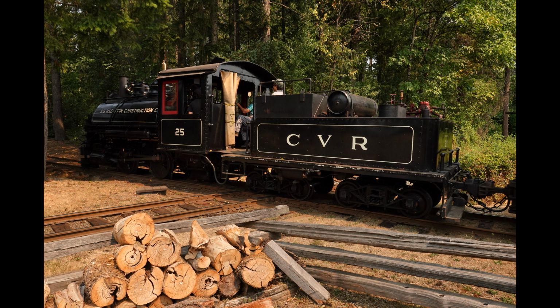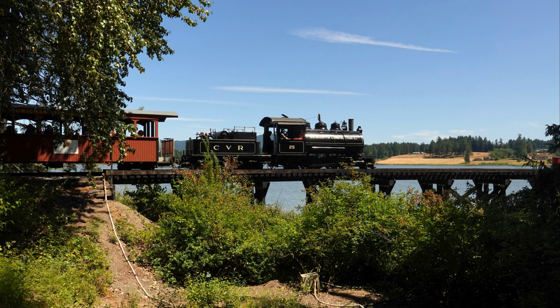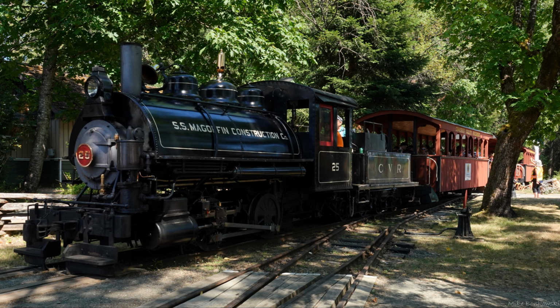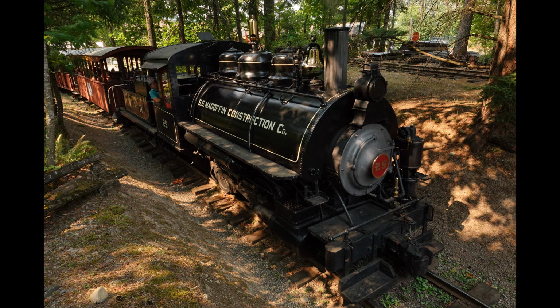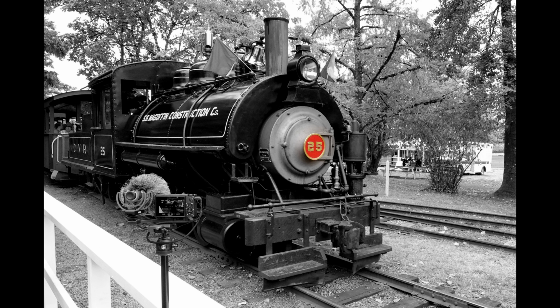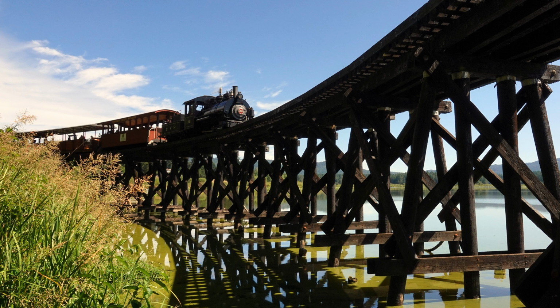The number 25 is a 0-4-0 18-ton locomotive built in 1910 by Vulcan Iron Works in Pennsylvania, USA. The locomotive's industrial work in the province of British Columbia started in 1920 for the S.S. McGoffin Construction Company, and that's why that company name is painted on the locomotive, to honor that part of the history. Since 1955, this locomotive has been on Vancouver Island,